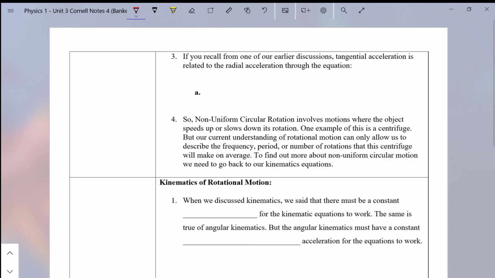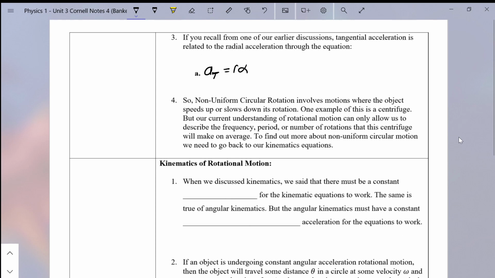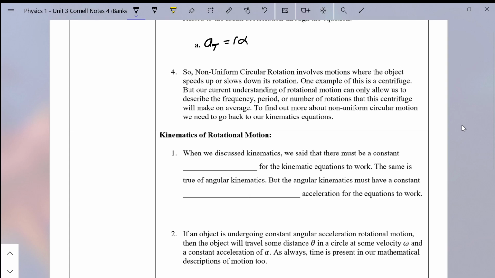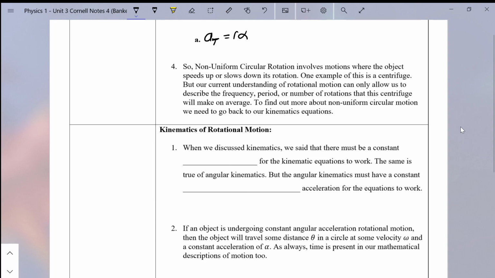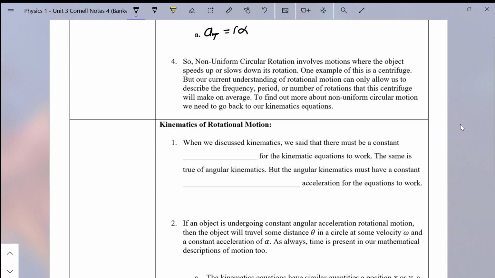If you do recall this from one of our earlier discussions, and also from just a few minutes ago, I kind of jumped the gun on this, but there is a relationship between our a sub t, our tangential acceleration, and the angular acceleration alpha, and that is a sub t is equal to r times alpha. So non-uniform circular motion again involves rotations where the object speeds up or slows down its rotation. This means that we can have an omega final and an omega initial, a theta final and a theta initial,